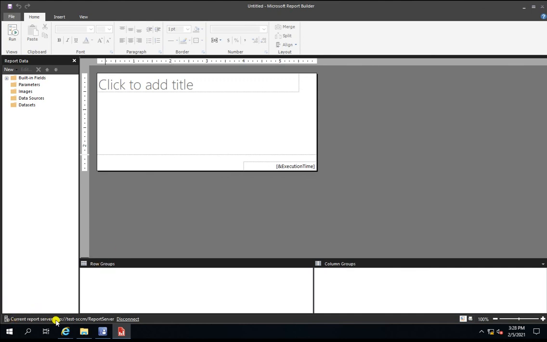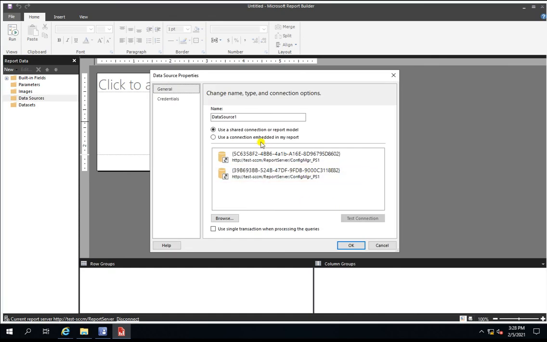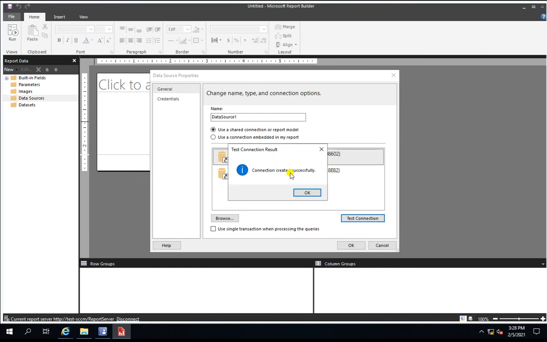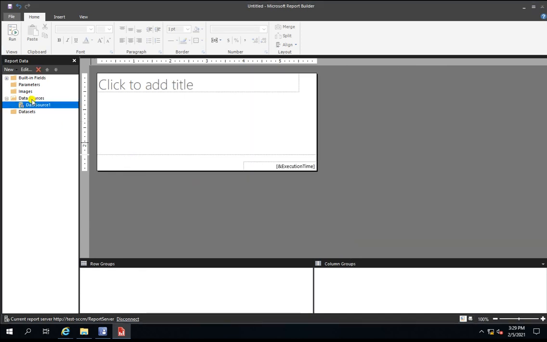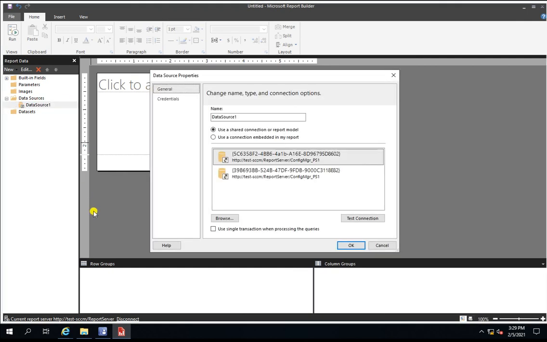Here you can see in the message it's now connected, and when you are connected you can right click and create a database. You can see here two databases will be there, so try to connect, and whichever is successful you can take that. These are the databases for the reporting. So now your database got connected. Even if you want to modify it, you can go again and put it here.